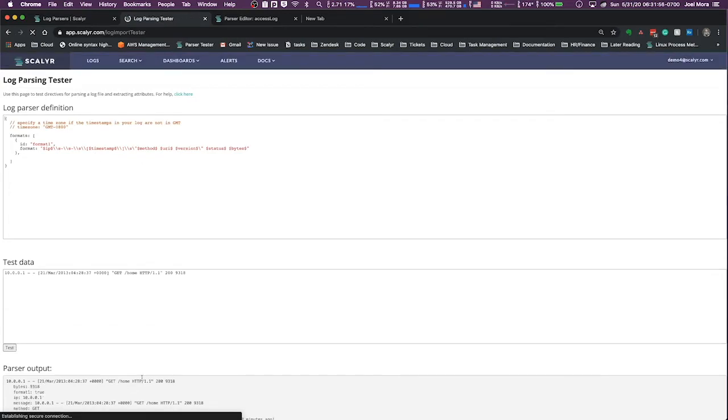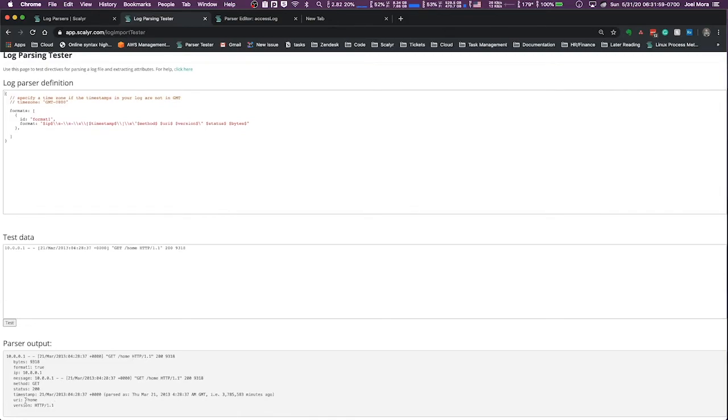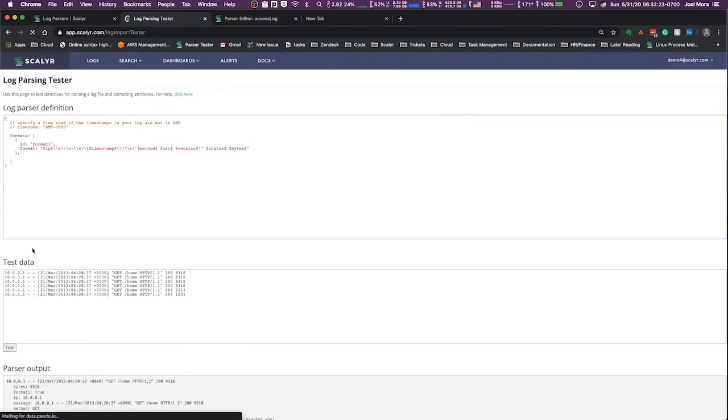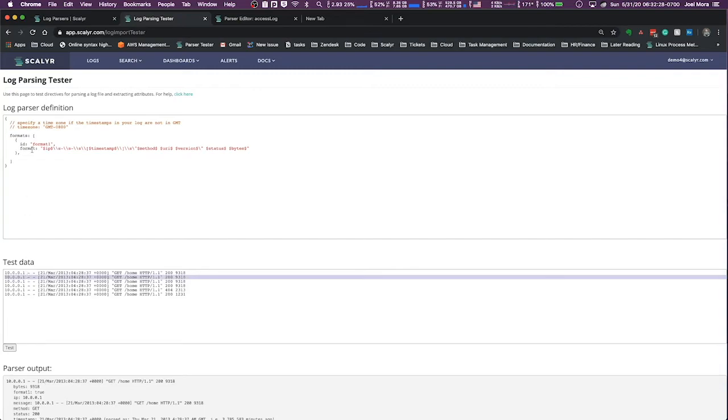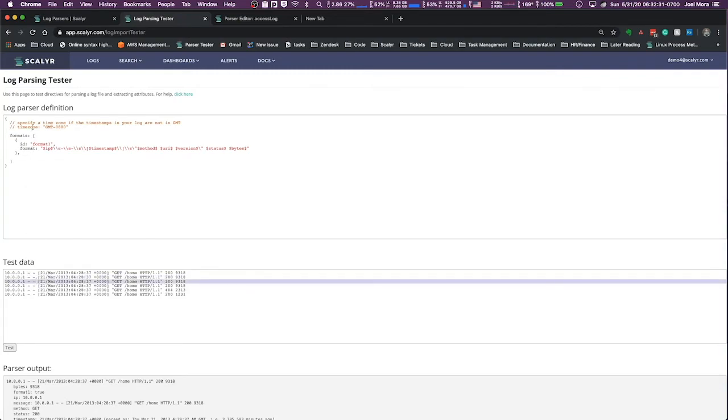So if I run this, now our parser seems to be working. We have the URI, we have the method, we have the status, and as more of these come in, maybe a lot of them are the same, and maybe some of them are not, it's going to evaluate them sequentially. So it's going to evaluate this against this stanza, and then it's going to evaluate this against this stanza, and then keep going down. The other option that we have here is we could have as many of these stanzas